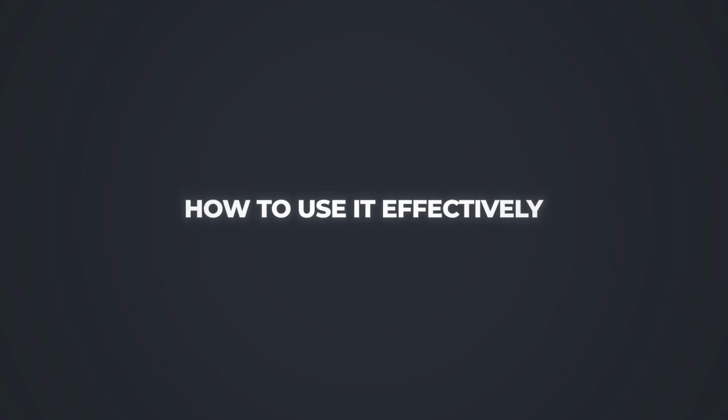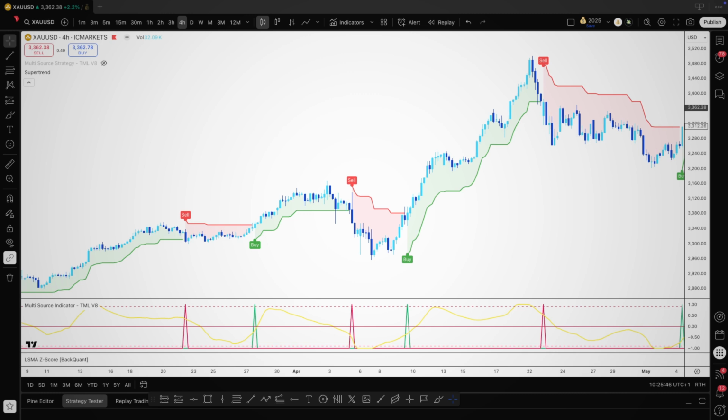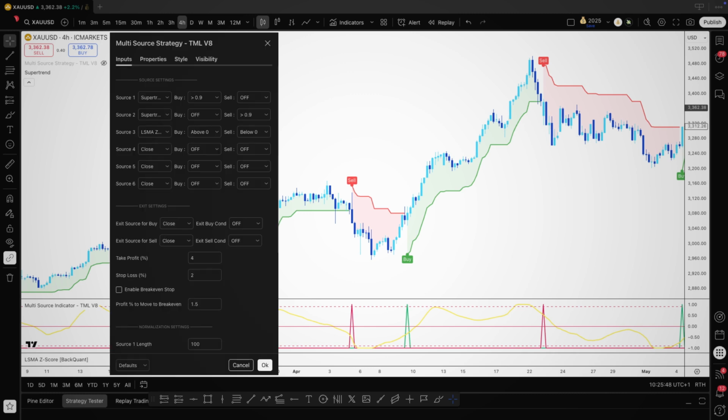In this final section, I'm going to show you just how powerful this tool can be and the real difference it can make to your trading results. Let's keep the strategy settings on screen. In order to make sure our trades are being taken exactly as they should, based on the parameters we gave to the strategy, we can refer to the MS indicator, which shows us our Super Trend Buy, Super Trend Sell,